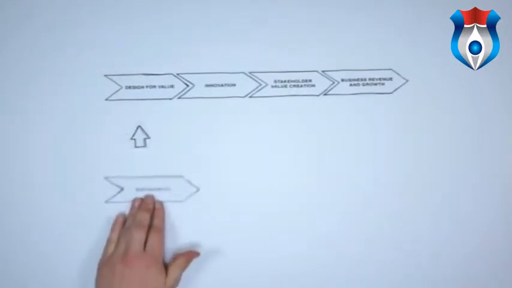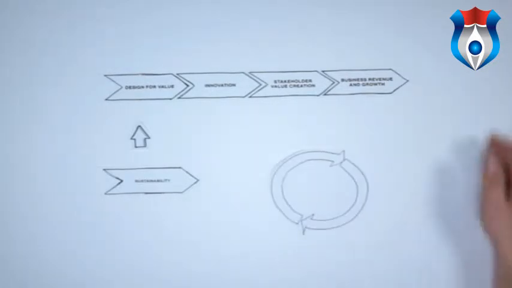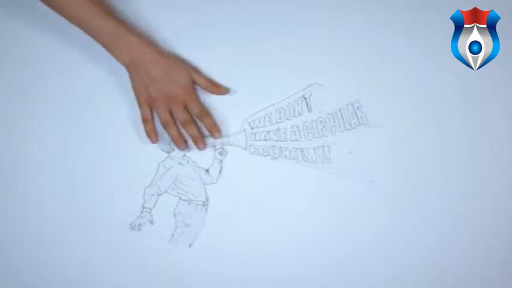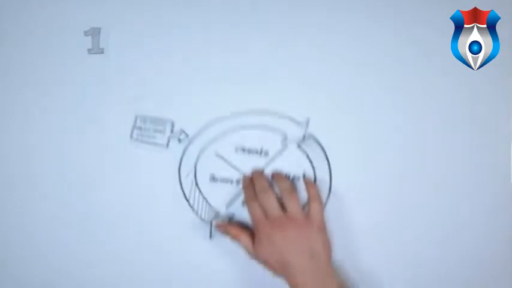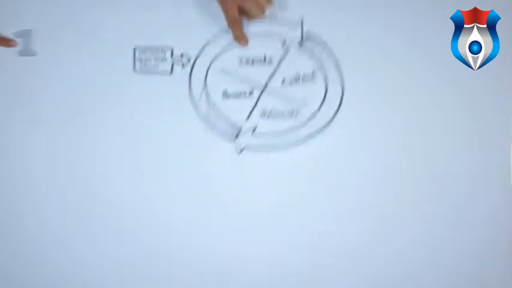We can add sustainability to our innovation drivers, and we can change the economy from linear to circular. But we don't have a circular economy, I hear you shout. It doesn't matter. You can get the benefits today. How? Here's 4 steps to get started. Step 1. Communicate the concept simply. Instead of looking at a product life cycle, we look at a value life cycle. Value sourcing and creation in the product, and then value collection and recovery in the materials. That's it. And anyone can get that, right?